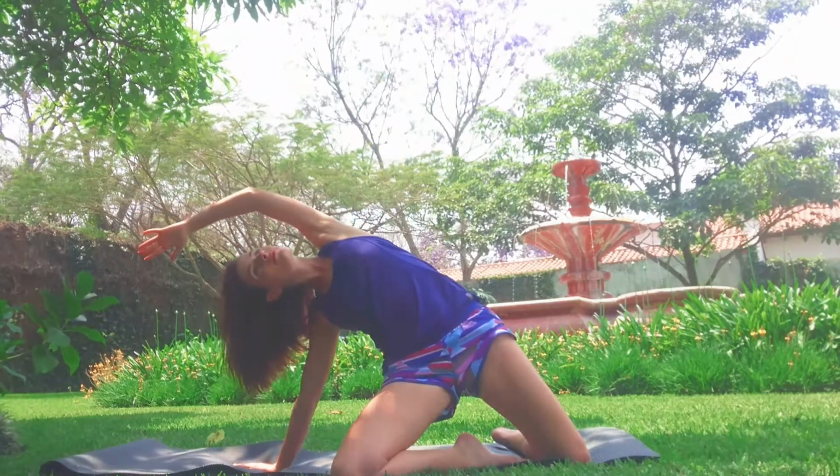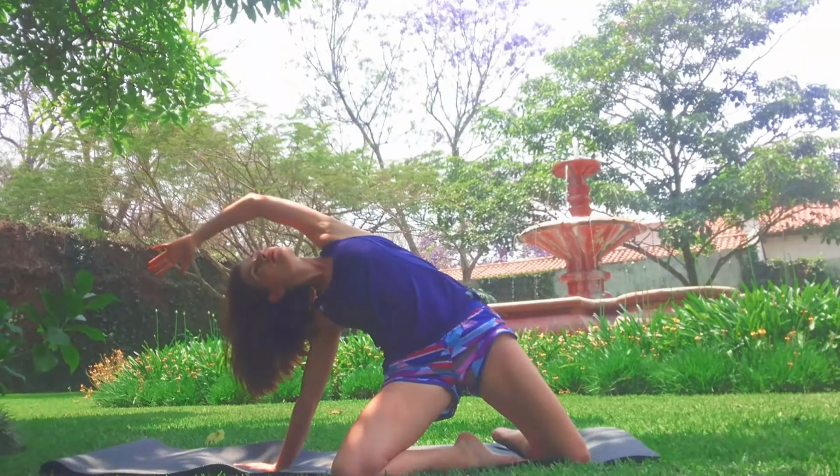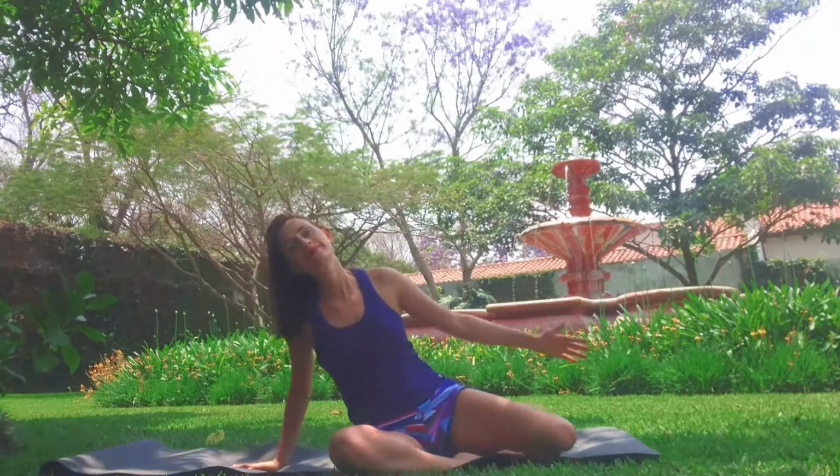Coming up onto the knees if you choose to. Reaching long through the waist, nice deep breath. And gently dropping back down. Swapping to the other side. Knees are bent,